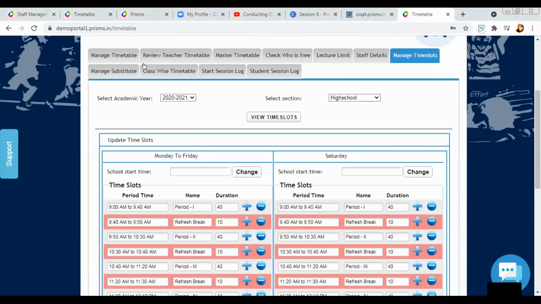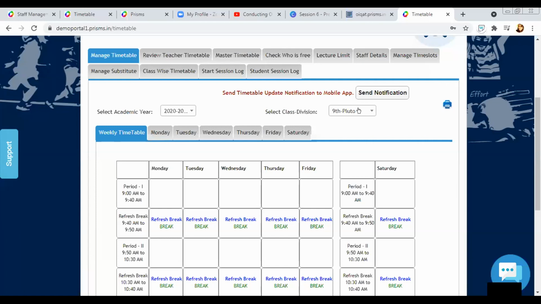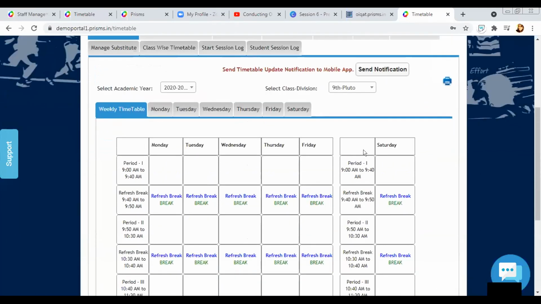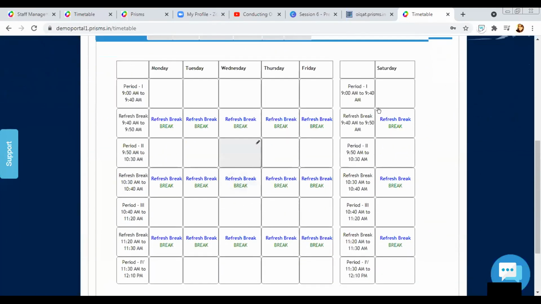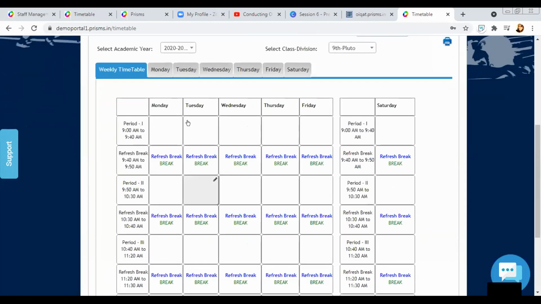Now over here, when I go to manage timetable, and I have selected high school, let's select a particular class. Now I created the time slots for high school, so I've selected a particular class and I can see the time slots like this. So now my timetable is created, and if I want to add, simply add these classes and subjects.